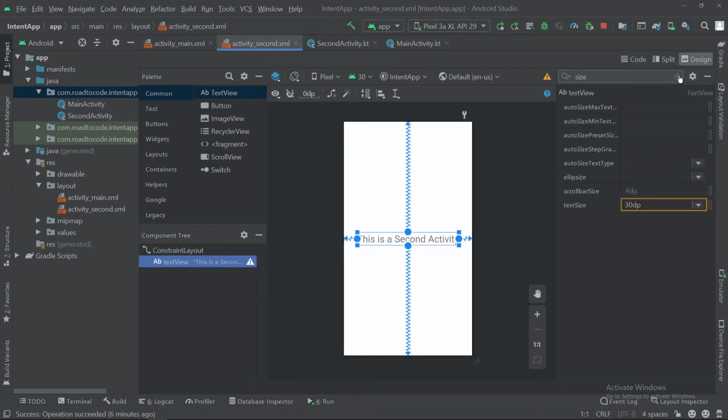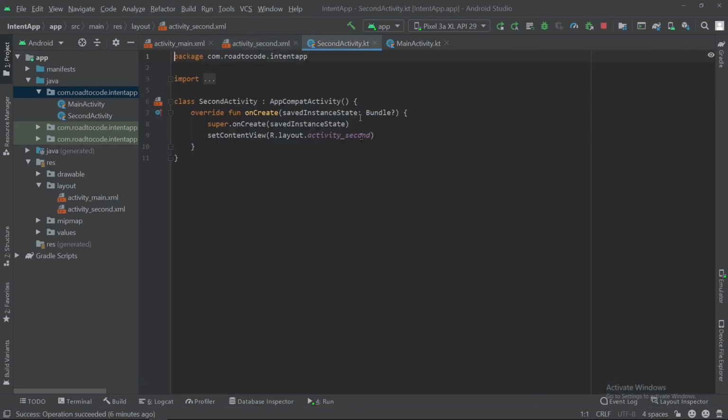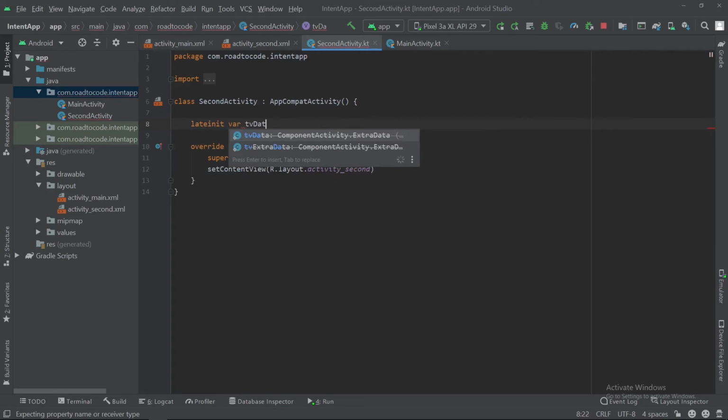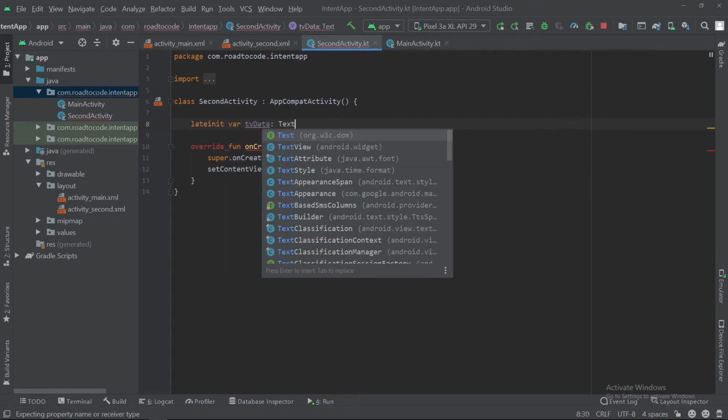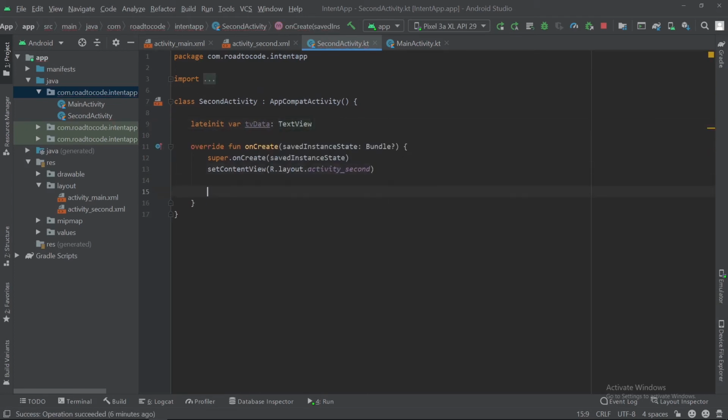And again we will need to set one id, yeah, that is tv data. And again we will bind this text view inside the second activity, because the data will be passed from the main activity and we will receive that data from the intent inside the second activity, and then we will set that data to this text view.